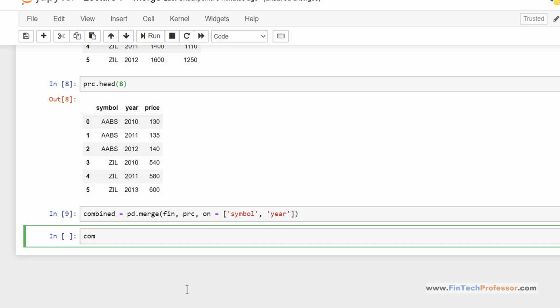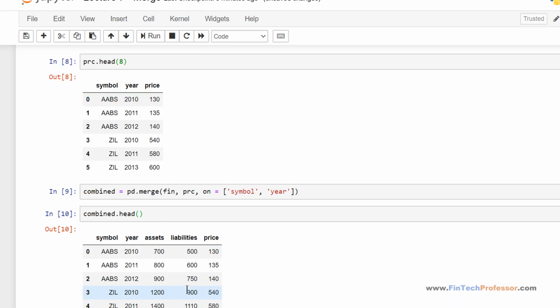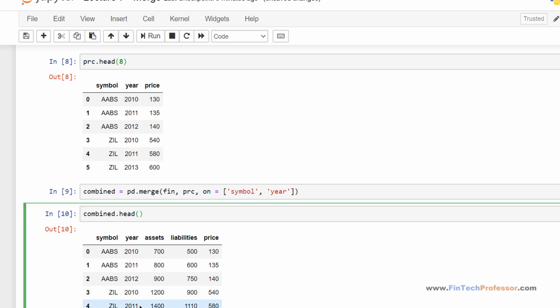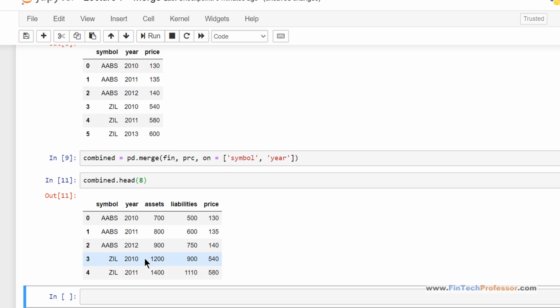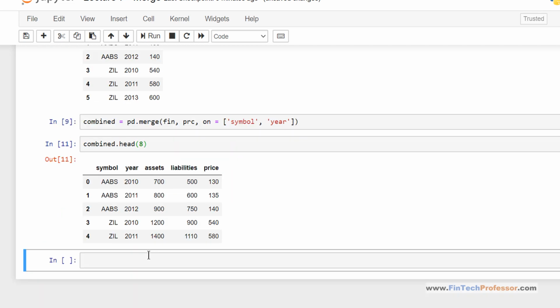Now if I check the combined data frame, and even if I add 8 observations, the data set seems a little bit smaller. It has combined the two data frames.